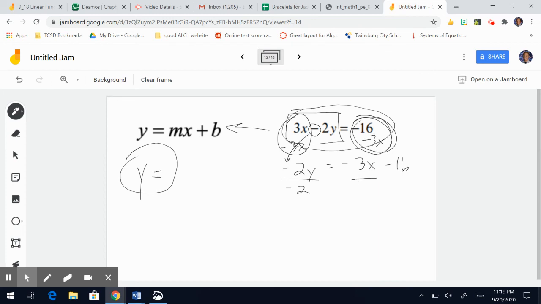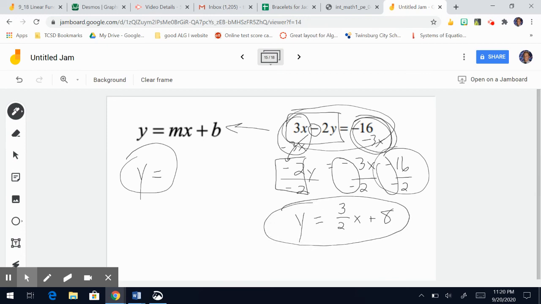So now we don't say y equals yet, we say negative 2y. So let's divide each term, because there's 3 of them. You have to treat them all fairly. Divide by negative 2. What is negative 2 divided by negative 2? 1y, right? And then what's negative 3 divided by negative 2? Those negatives simplify, because 2 negatives make a positive, x. And then 16 divided by 2 is 8. Again, 2 negatives make a positive. So now we have y equals 3 over 2 x